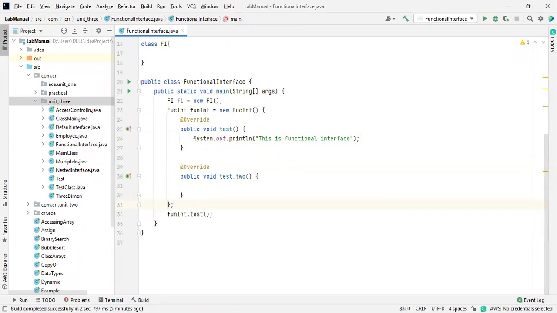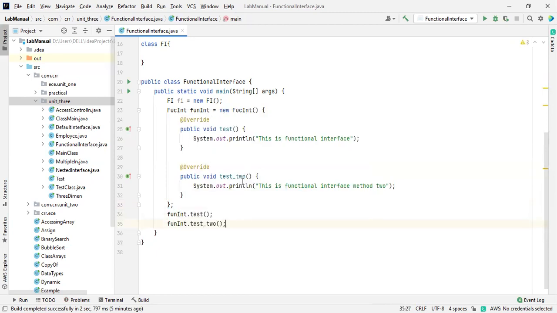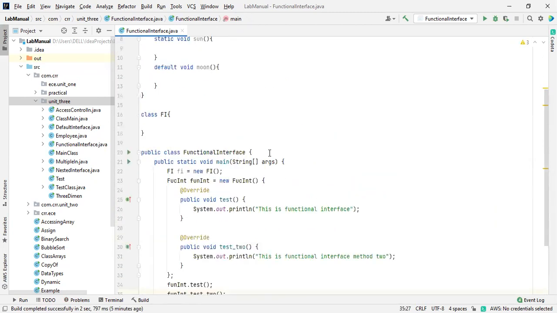So I copy this one too. See what happens. I will explain, wait a second. I access the functional interface dot test, test2. So I mentioned it like this.